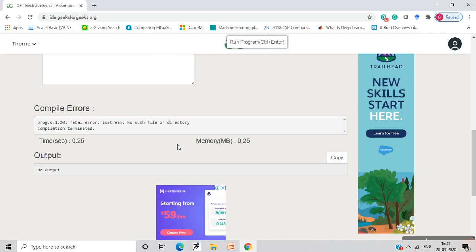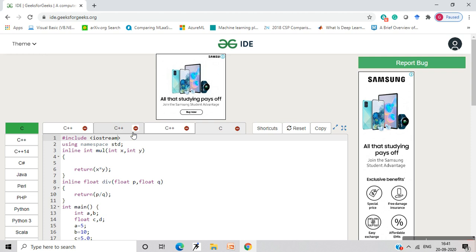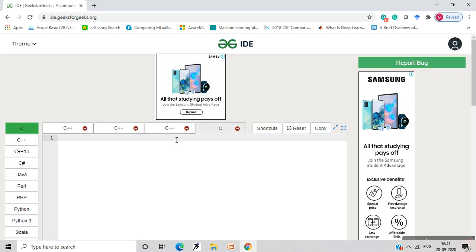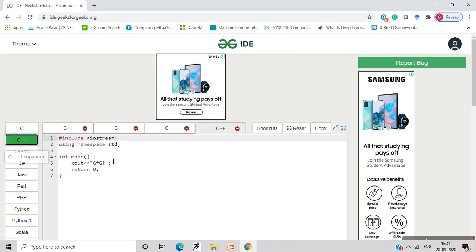This is a C++ file, and I'm writing this in C, whereas it has to be in C++. Let me do this in a C++ file.